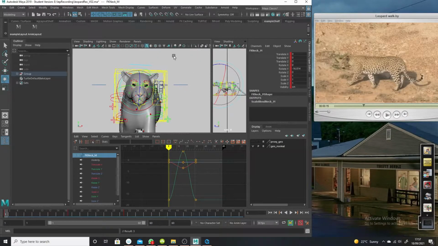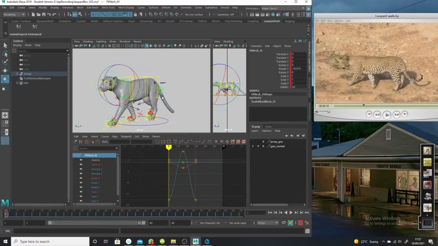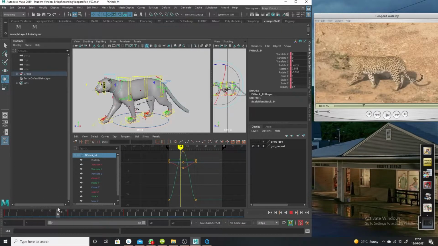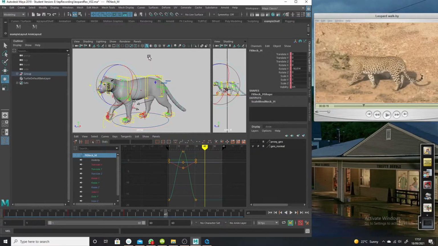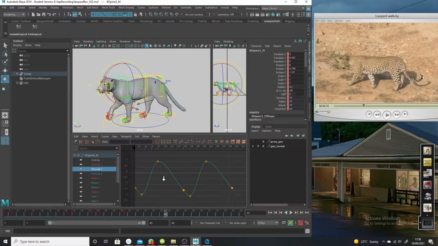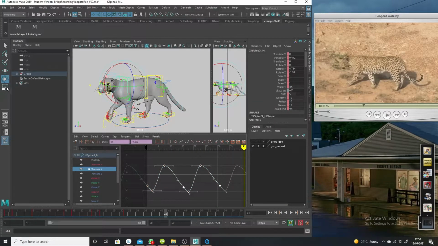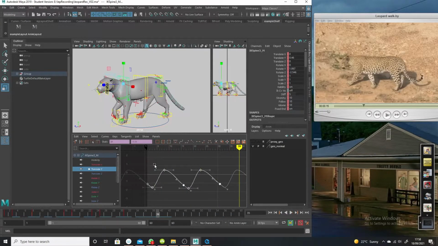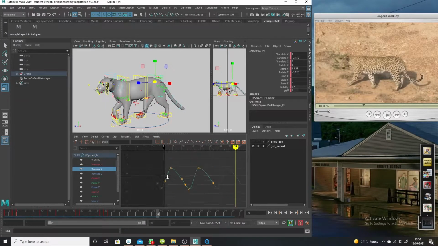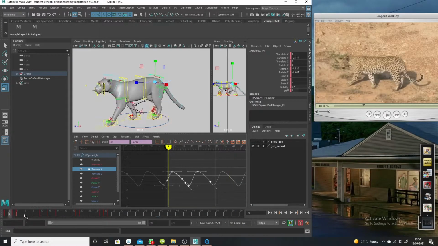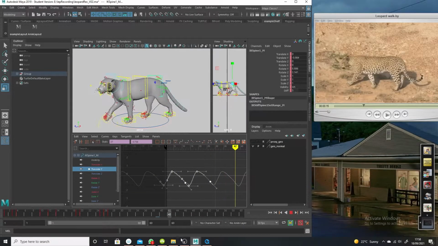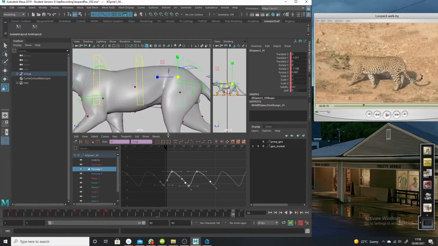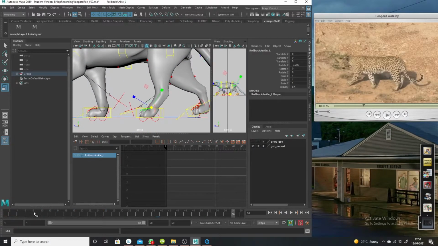But anyway, so we got this, and you can always bring down things if it's too much. The up and down movement's probably a little bit excessive in this one, so I can just shrink this down. Yeah, so you've got this. Maybe a bit too much in the back as well. Okay, so got this. Then I'm trying to make sure that